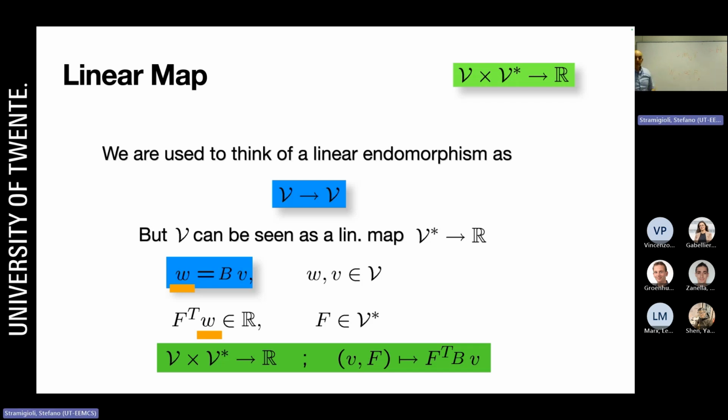What is this guy, by the way? Do you know what that is? There's an index down, that's for sure. This is a mass and this is a velocity. Momentum. The momentum is a dual vector. It's not a velocity. And in fact, we know from Newton's law,